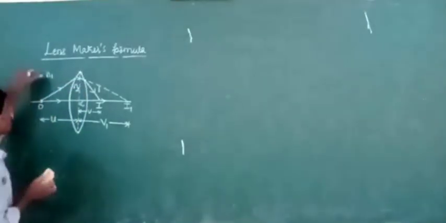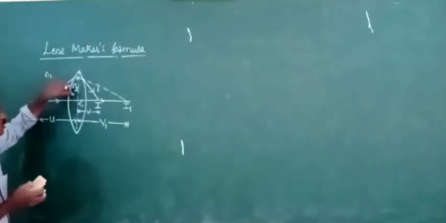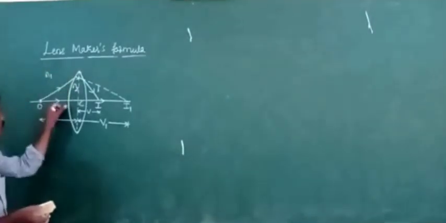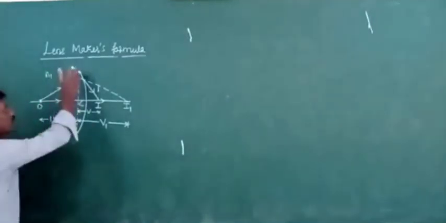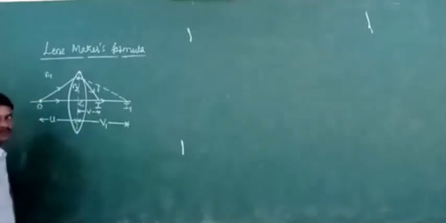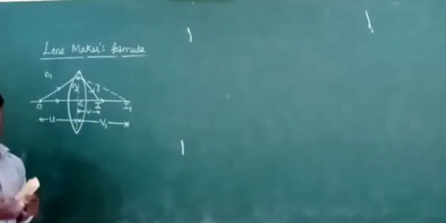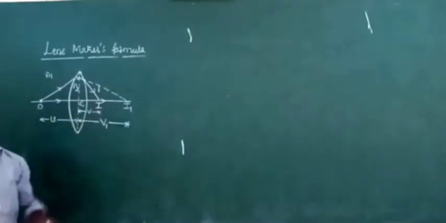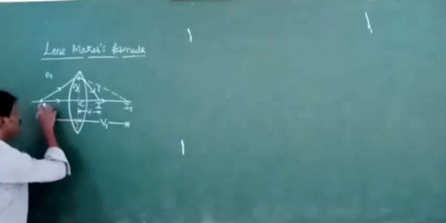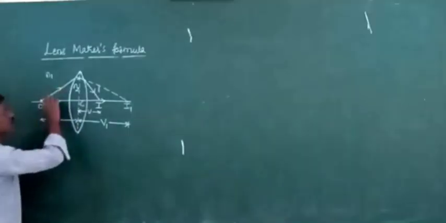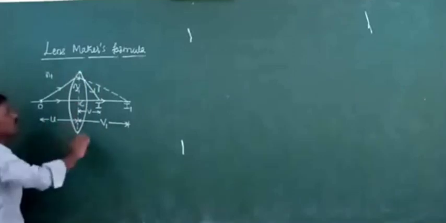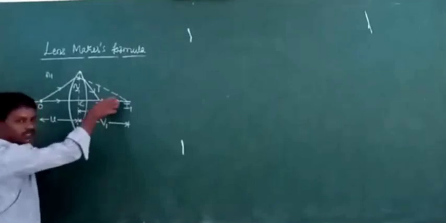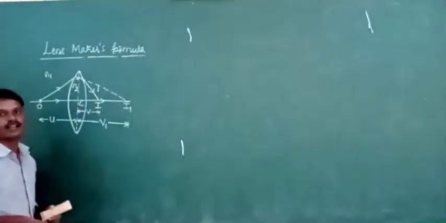What is the refractive index of the surrounding medium? n1. And the refractive index of the lens is n2. Then the radius of curvature of the first surface is R1 and the radius of curvature of the second surface is R2. Okay, so we are going to derive the relation between radii of curvature, focal length and refractive indices of both media. Now consider an object lying on the principal axis. Then this incident ray is refracted by the first surface and also the second surface respectively. Then the final image is formed at what position? The final image is formed at I.